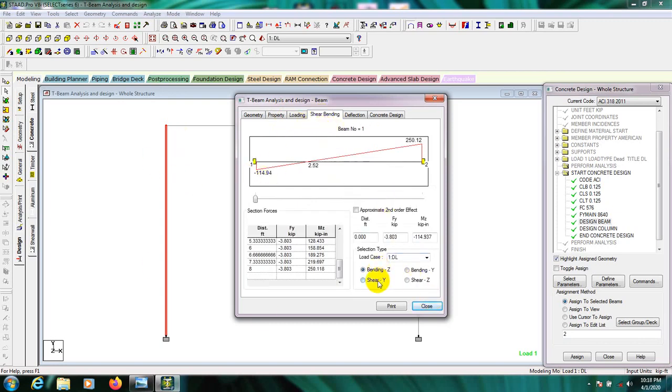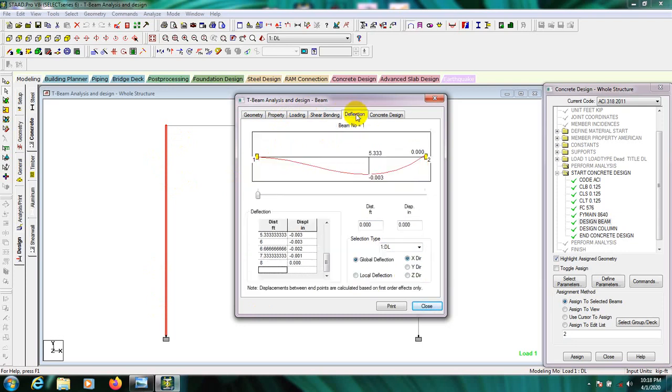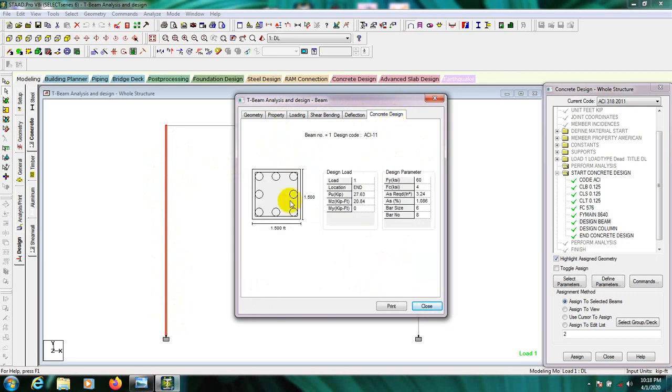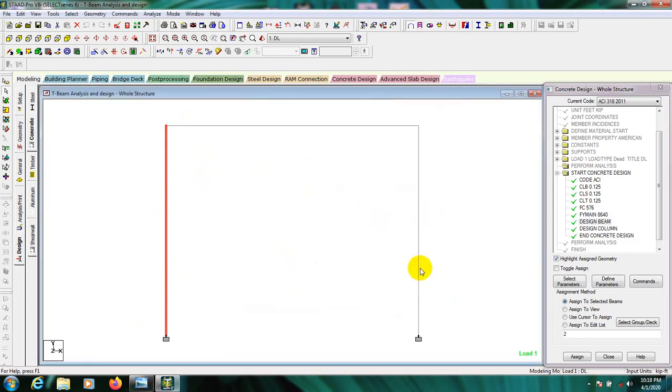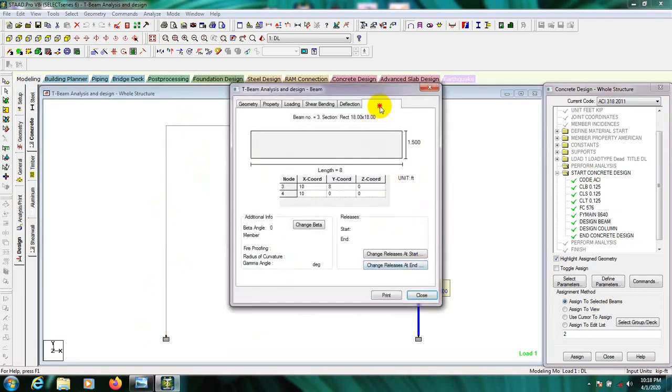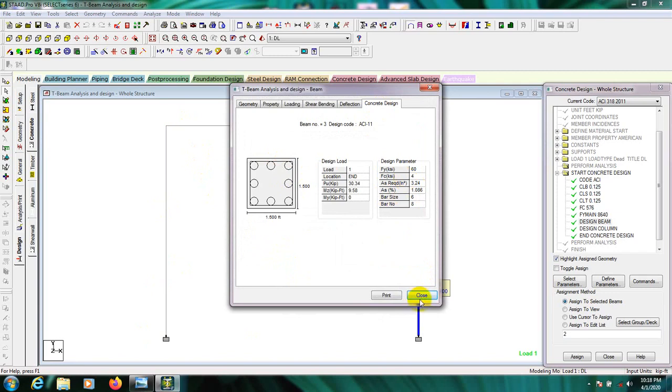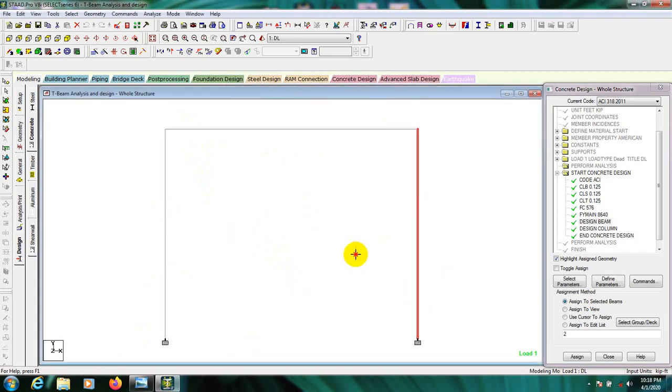If we select that, shear, this is the shear, deflection, this is the deflection for our column, and here the concrete design. So here is the design of our column. This is the design section of our column, and it's showing 3.24 inch square reinforcement is required for that. So I'll close that. If we click here, it also shows the same value because it's symmetric, and after that we'll